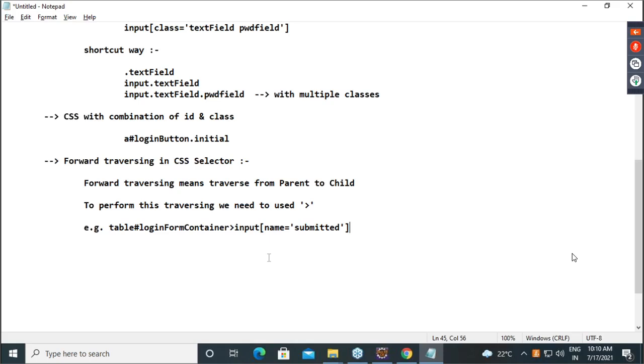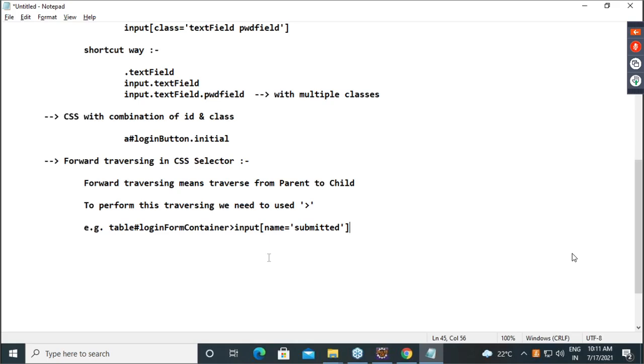In addition, to make it precise, we can give HTML tag. Then, if we are using ID only, we can go with hash. If we are using class only, we can go with dot. Can we mix both ID and class together? In traditional way, not possible. In this way, it is possible.